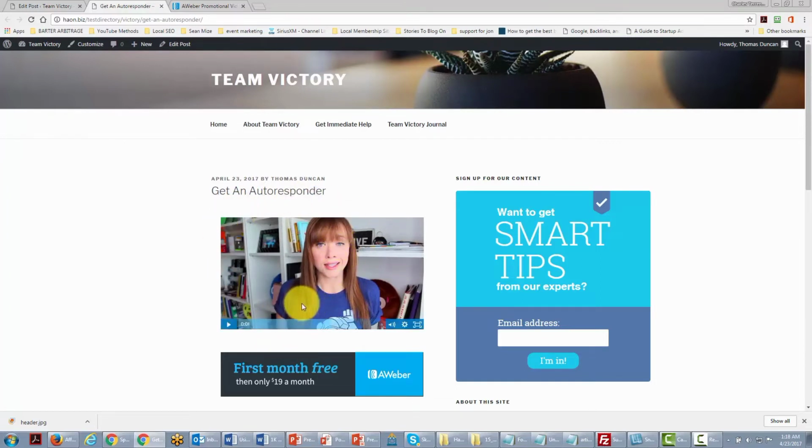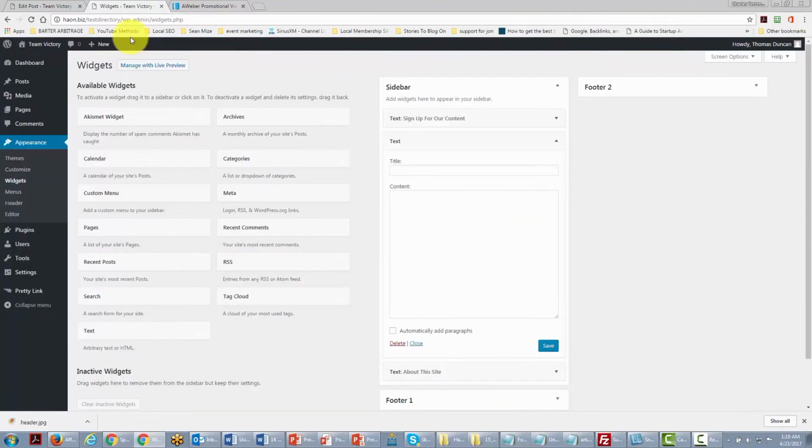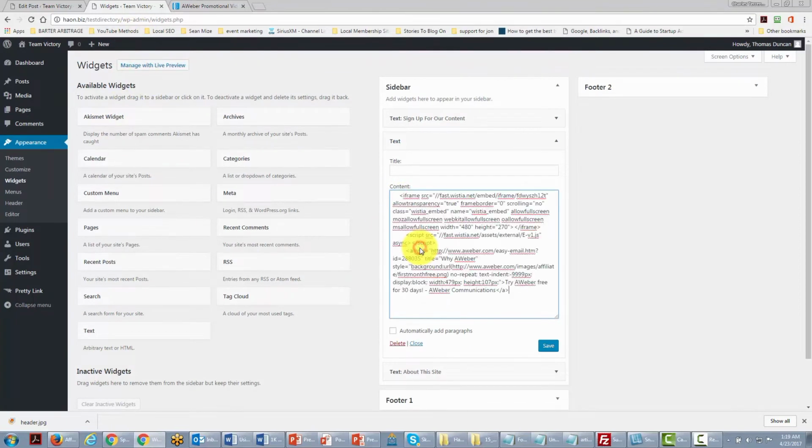Now, one of the other things we can do, the very same thing we did with our autoresponder code, is put code in our widgets so that it will appear on all of our pages. In order to do that, all we need to do is go back to this area and find our widgets. Then we can take another text box and put our code in this area again. We'll click Save,